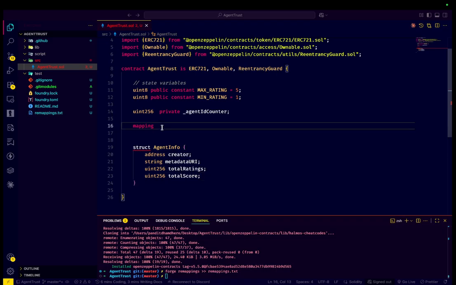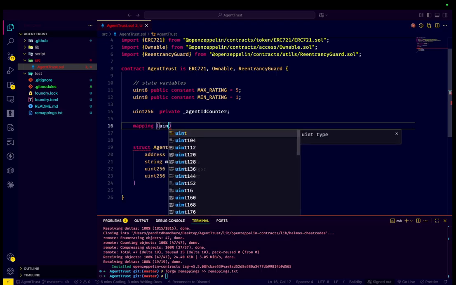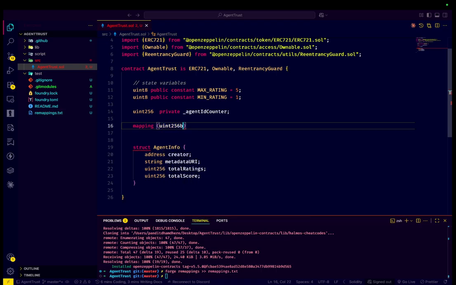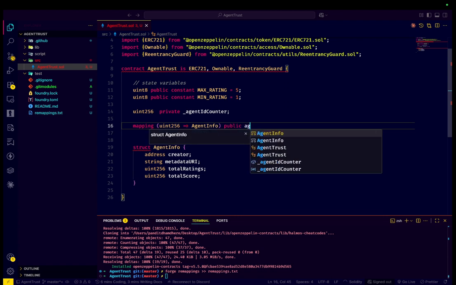Now let's map this agent info, uint256. Let's copy this agent info from here and let's make it public. And let's name it